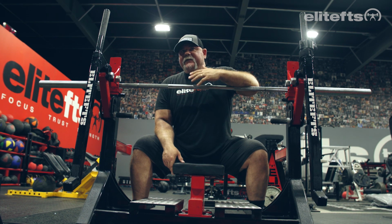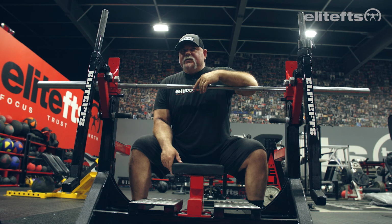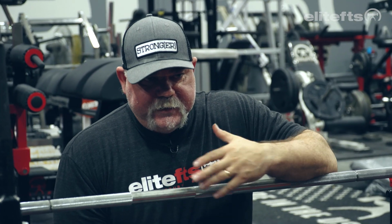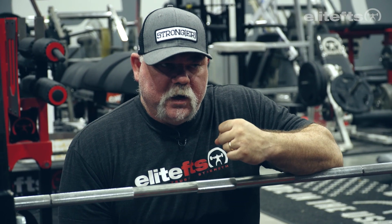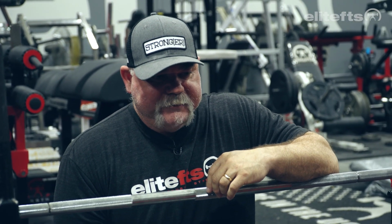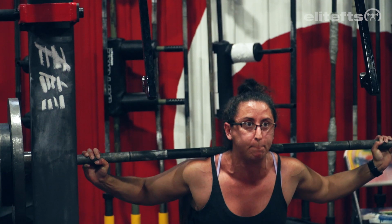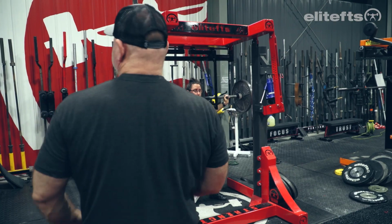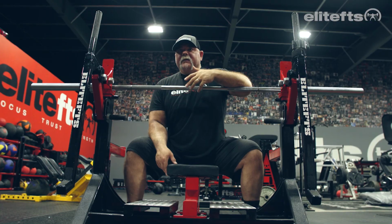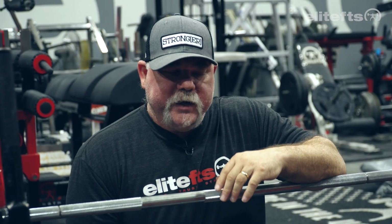It's just a matter of what phase is going to follow that, where typically it's either going to be a strength phase or something more hypertrophy based. I'm going to go with something more hypertrophy based. That way we can work a little bit more on some of the weak points that I'm seeing. Lily, for instance, during her last couple sets began to fall forward as she typically does when she gets tired, because her weak point is her lower back. I want to spend more time trying to build that up from a muscular standpoint instead of a strength standpoint,